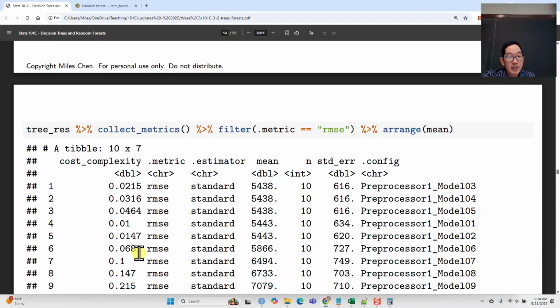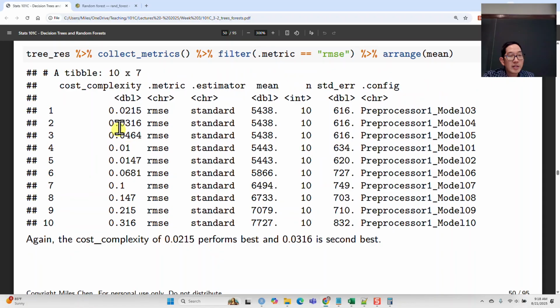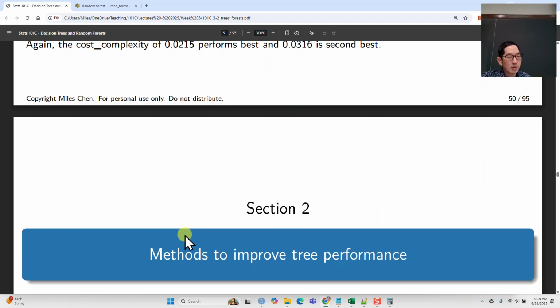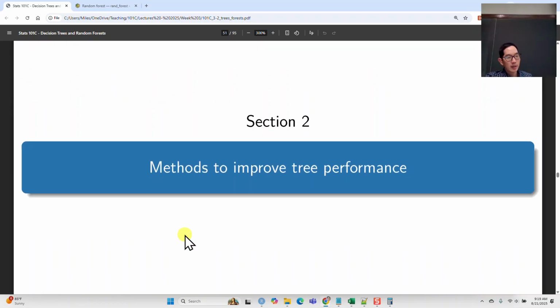Okay, here's another random seed, just doing it again and again, same kind of results. 2, 3, 4% have the best performing models. The 30%, 20% doesn't seem to do well. Okay, so here around 2% seems to perform the best. Okay, so that is how one decision tree works. And we have,